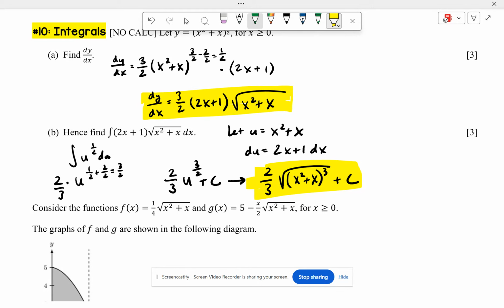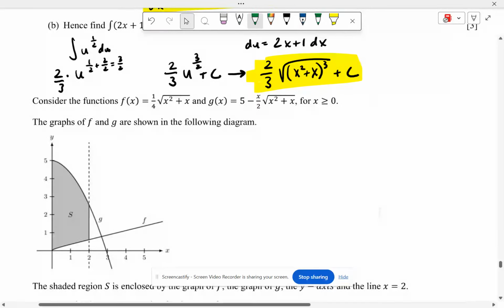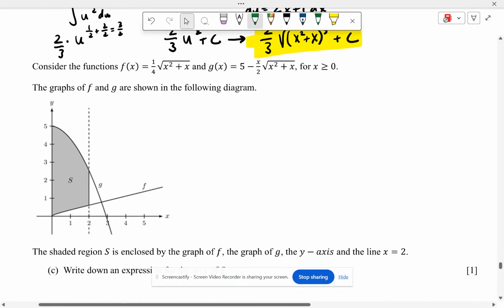Okay, so now consider the functions f of x equals 1/4 the square root of x squared plus x. That's f, and it's going to be this function down here. I'm just going to write it so I've got all my stuff visually written out. And then g of x is this curve, and it's going to be